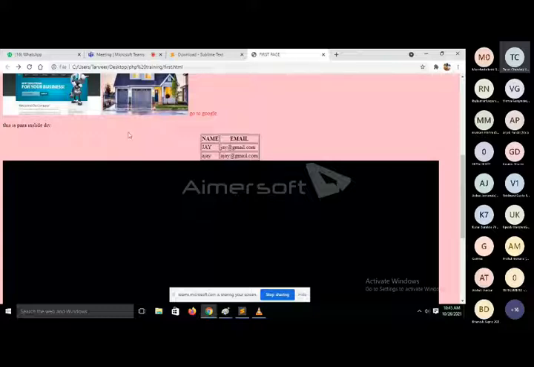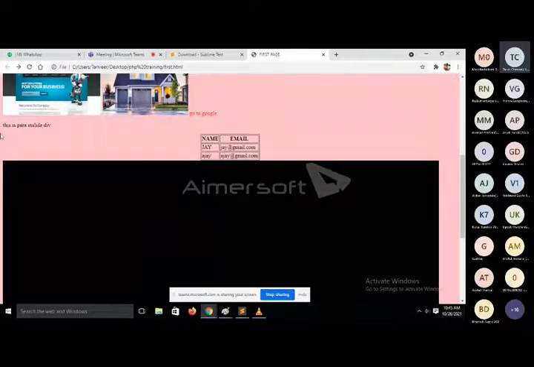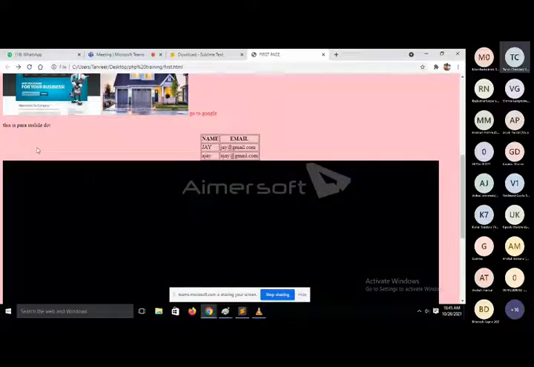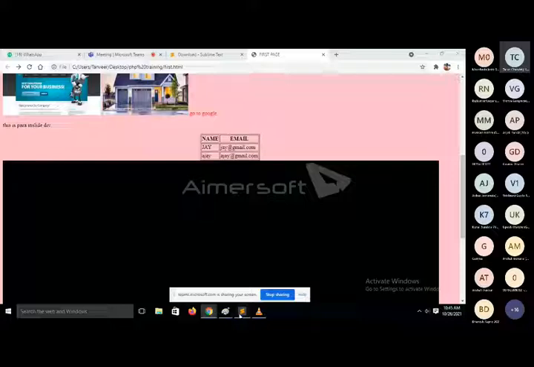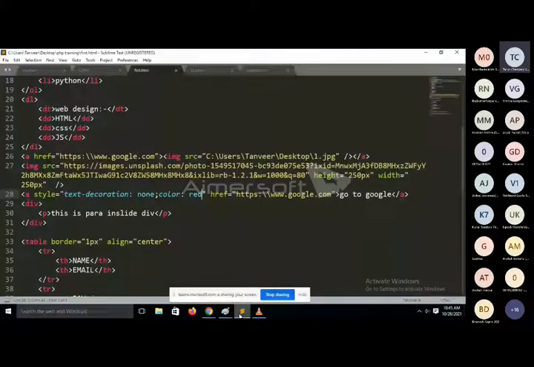Okay, one of the most important tags is your division tag, the div tag. I just want to pass height, width and background color for this division. If you want to apply any changes in a division, then you will use the style property under the division tag, and first of all you can pass height.